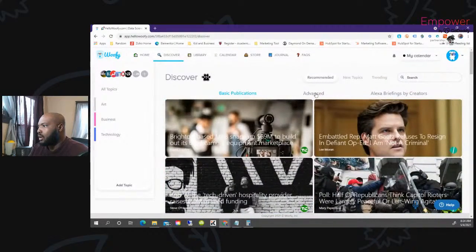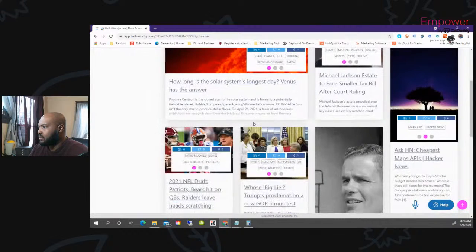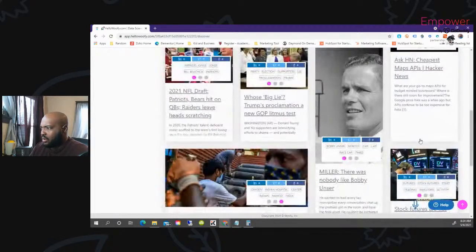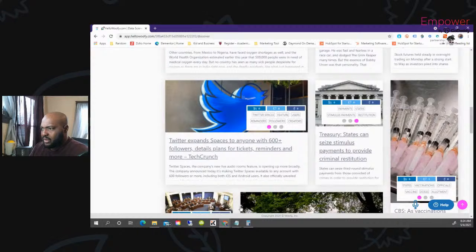Okay. Let's see the advanced functionality. They're showing you the keywords that are involved, the sentiment towards this particular article. This is new. So you can select something that has a very positive sentiment,